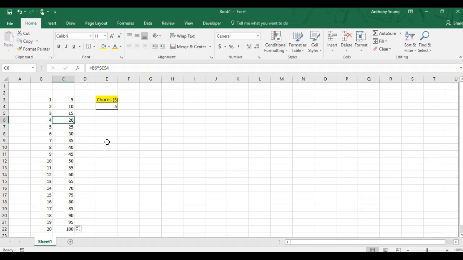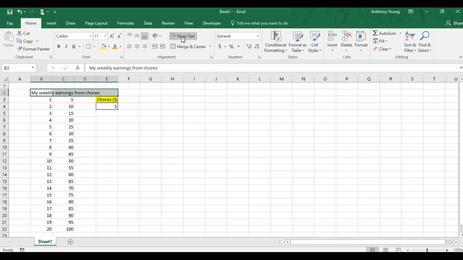Now, one of the things that we might want to do is put a title for this. Okay, now if I put in a title here, and I go, okay, so my weekly earnings from chores. Okay, looks a bit funny because it's sort of off to the side. If I can put something in here and it cuts off the letters. So what I want to do is I want to